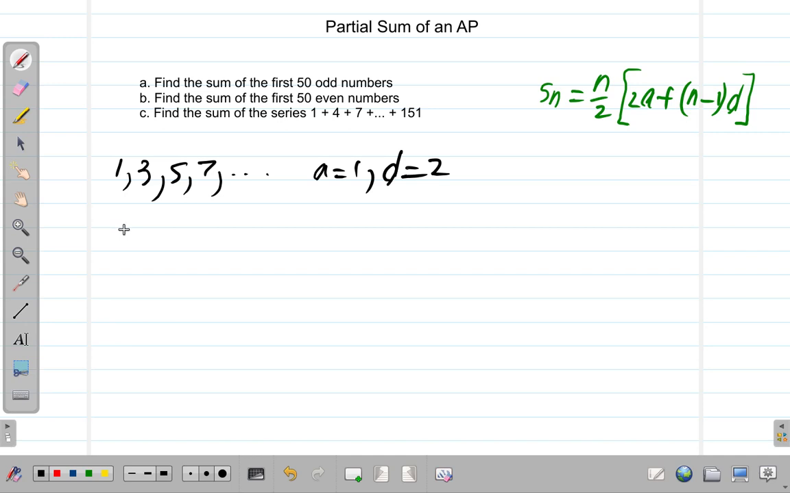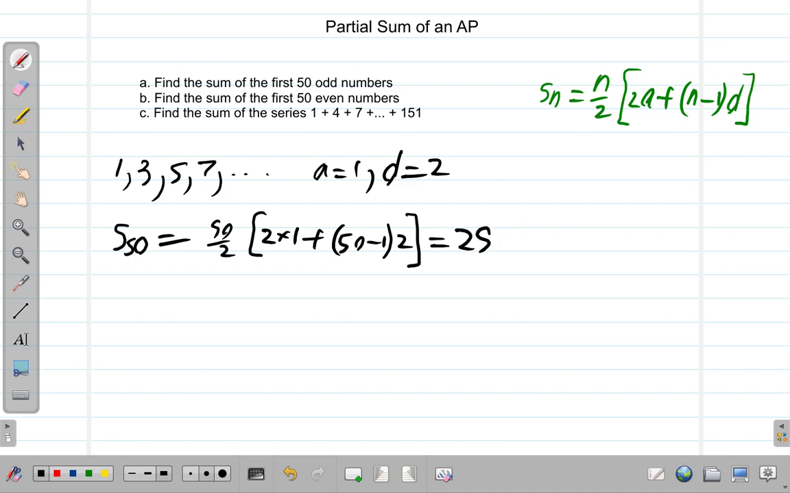So S50 equals, here we have the formula over here. The sum of the first 50 is 50 divided by 2 times 2a, which is 1, plus 50 minus 1 times d, which is 2,